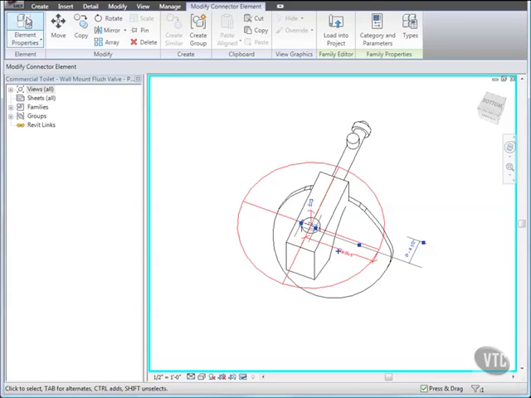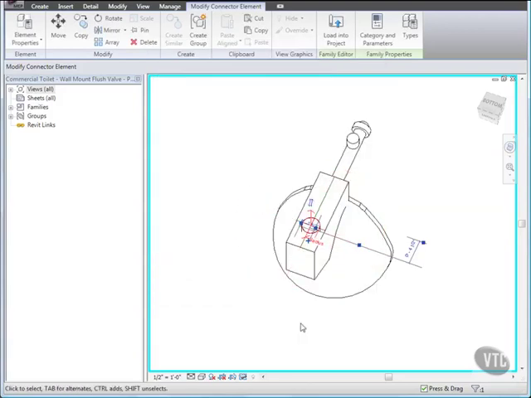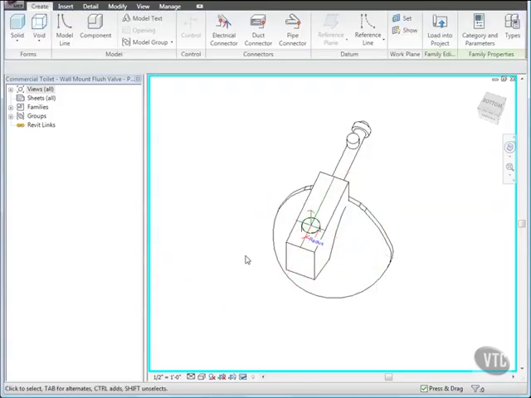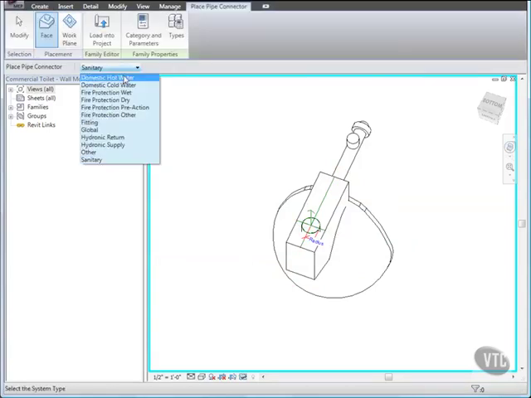Click Element Properties and change Flow Configuration to Fixture Units and Flow Direction to Out, and select Allow Slope Adjustments, and for Fixture Units enter 4, and for Radius enter 1.5 inches and click OK. Then clear the selection and, using the same method, add a domestic cold water system piping connector